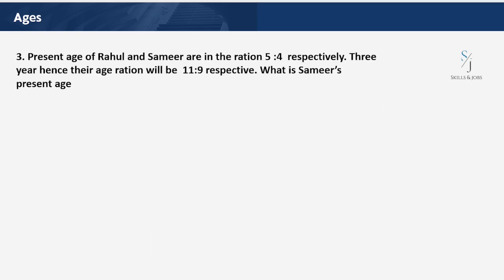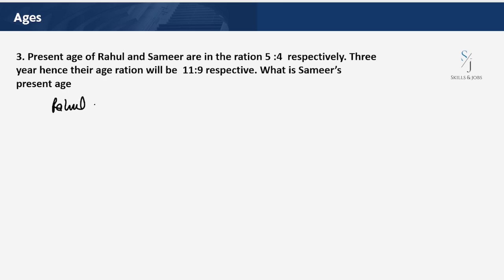Okay. So the question number 3, let us understand. Present age of Rahul and Samir are in the ratio 5 is to 4 respectively. 3 years hence, their age ratio will be 11 is to 9 respectively. What is Samir's present age? So the ages are given in ratios. In this case, what we will do, we will consider